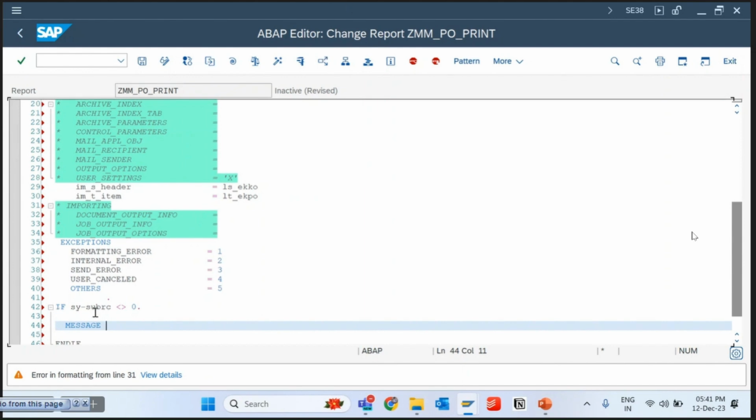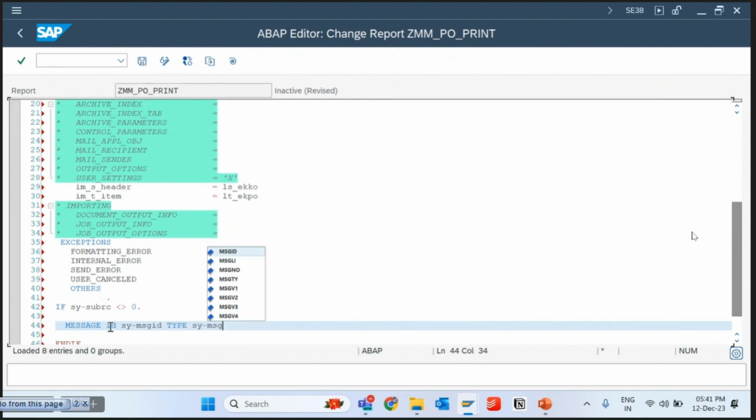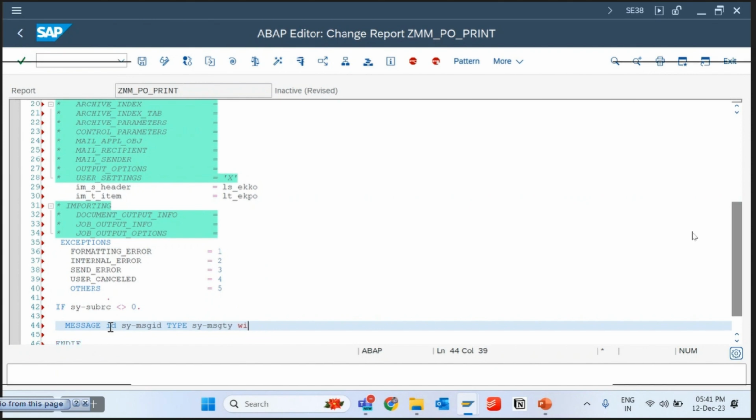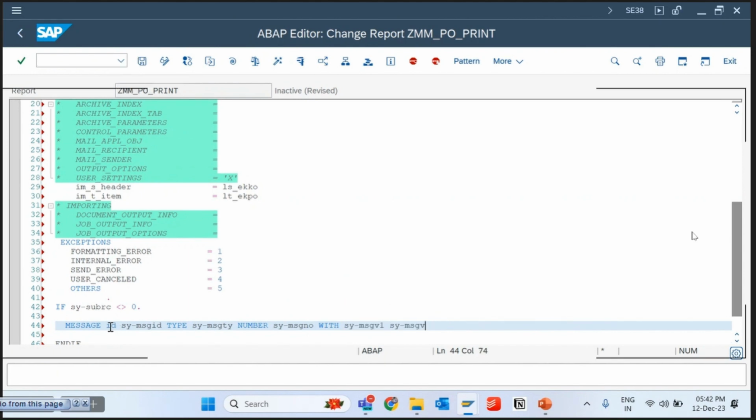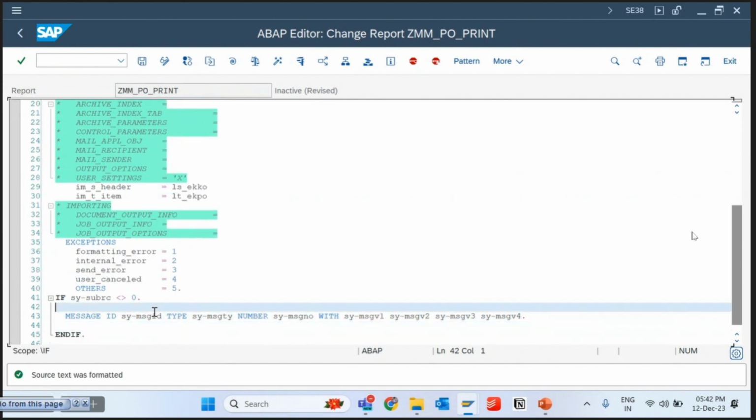In case whatever message is raised, I have to show it. Message id sy-msgid, type sy-msgty, number sy-msgno, with sy-msgv1, v2, v3, v4. Okay,